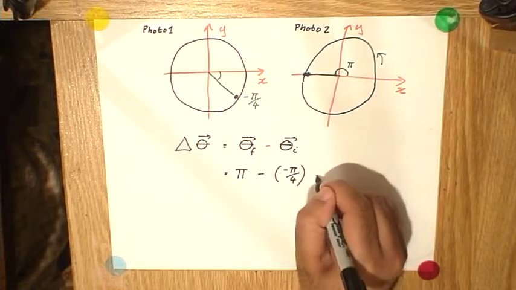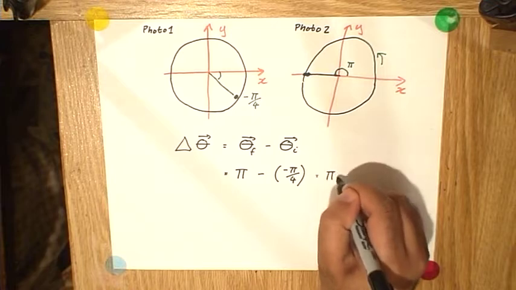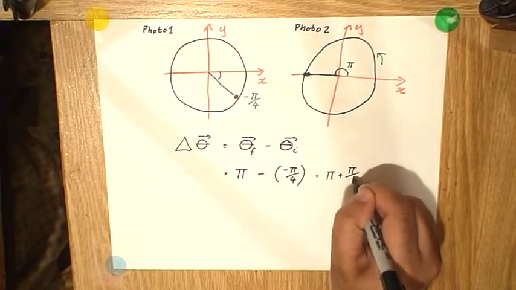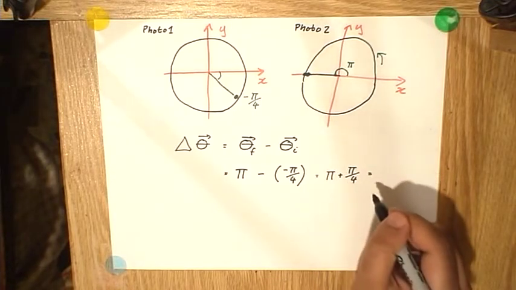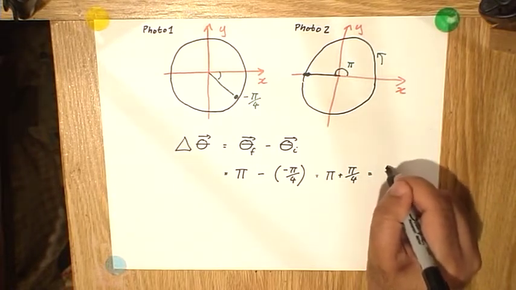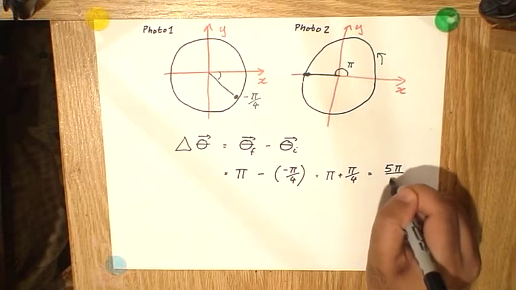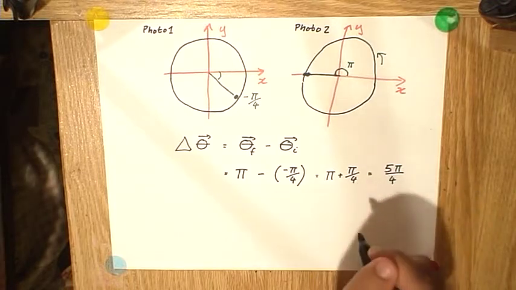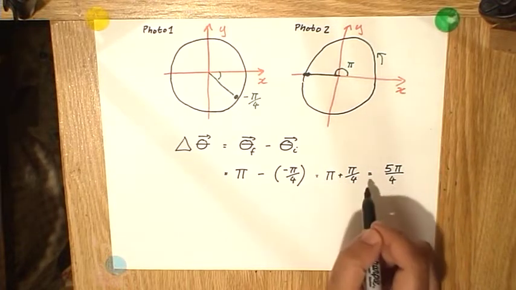So that will work out to pi minus pi over 4 is equal to pi plus pi over 4. And if you want to write that as a fraction, that would be 1 1/4 pi, which is written as 5 pi over 4. If you want me to write it explicitly, when you add up two numbers, they have